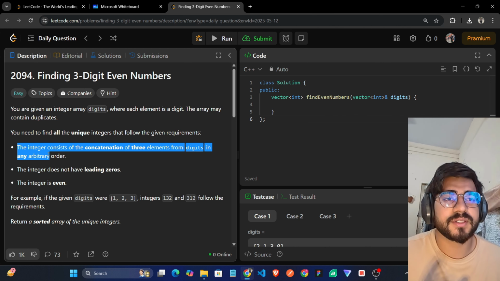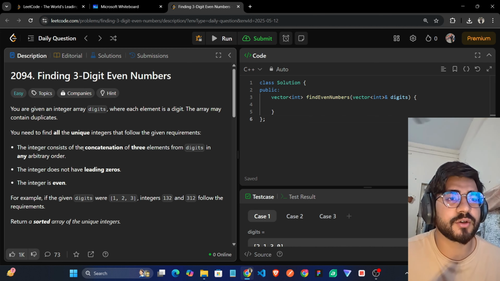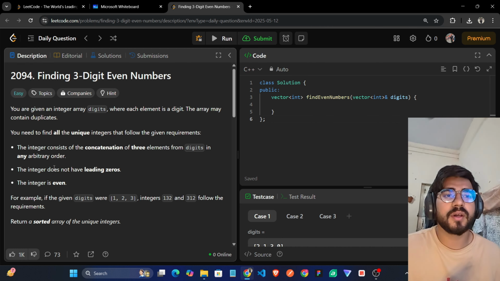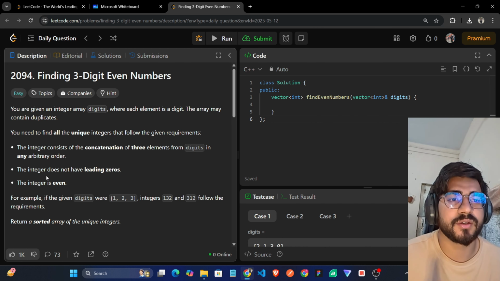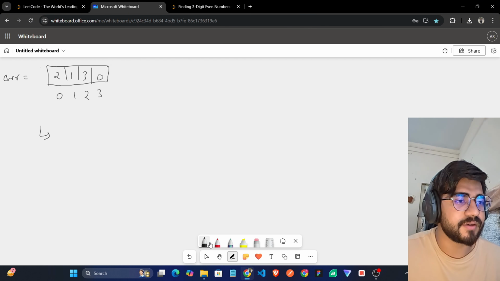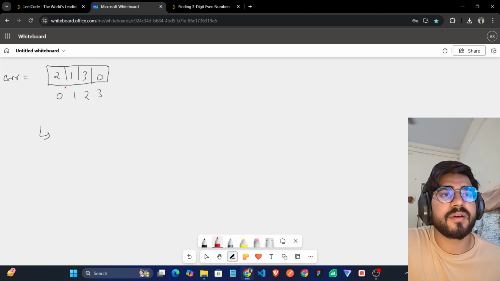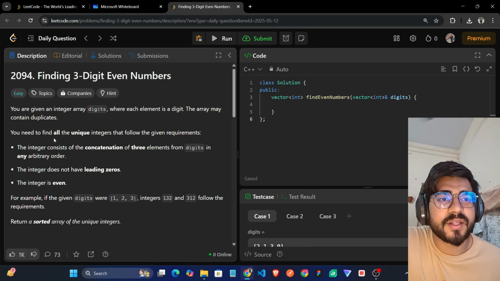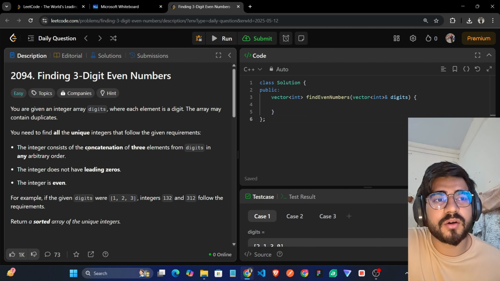So the first thing is the integer consists of the concatenation of three elements from digits in any arbitrary order. The integer does not have any leading zeros. The integer is even. So we can check here. So if we have an array like this, 2130, so it is saying the integer consists of the concatenation of